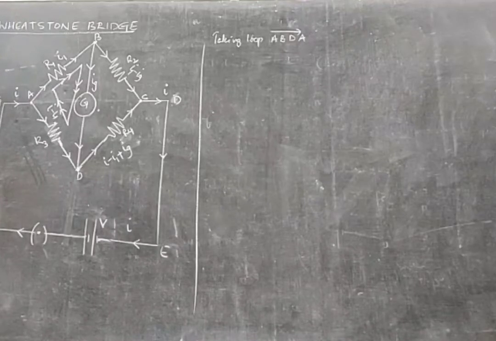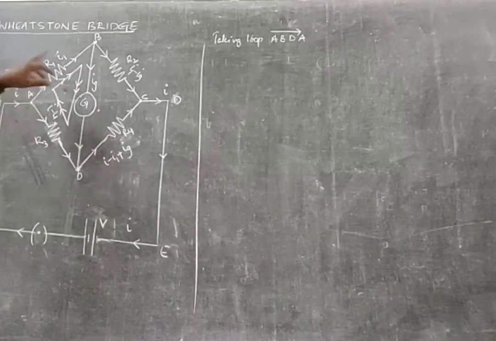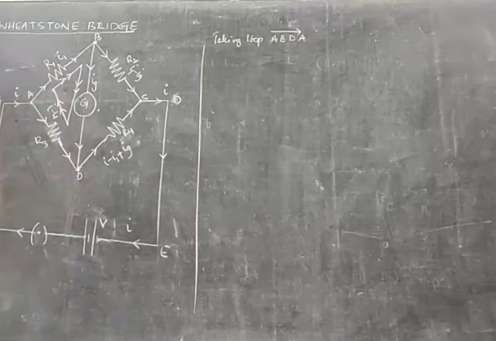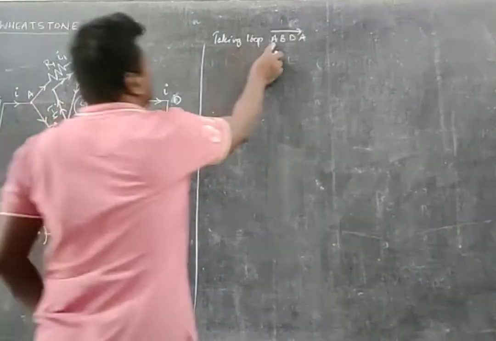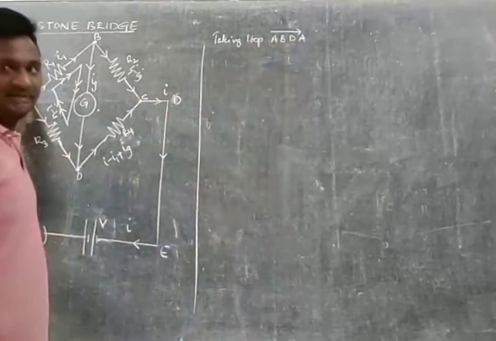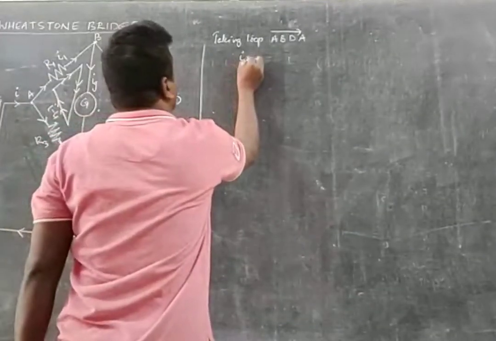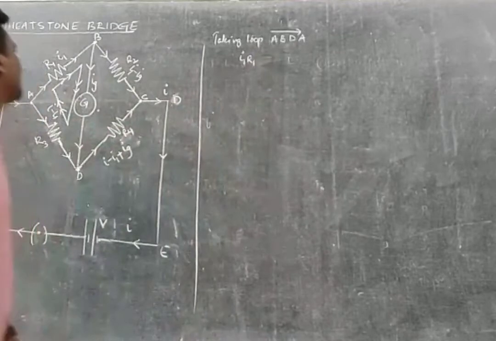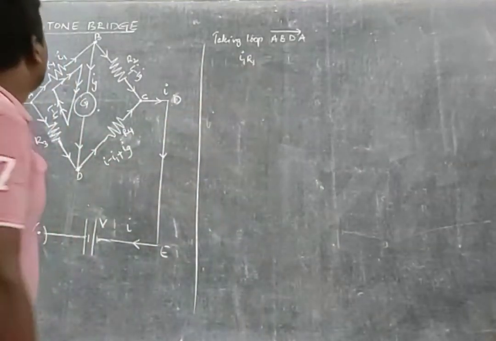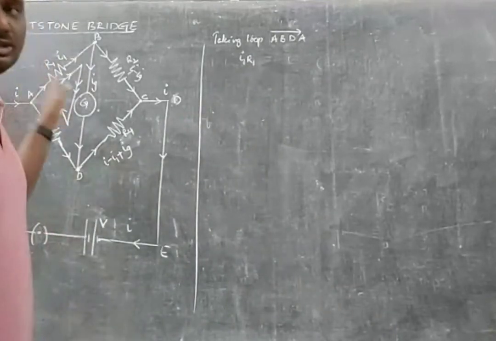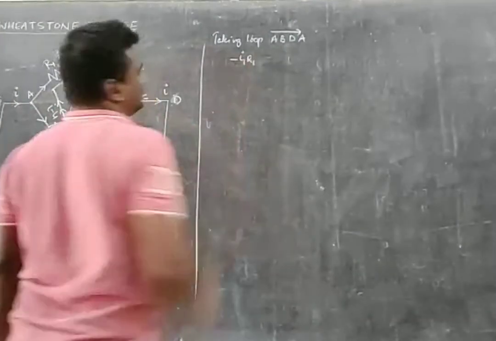So what does the loop tell us? The loop tells you that the sum of the potentials across the loop is equal to zero. So AB, right? I started my journey from A to B. There is a potential I1 R1. Okay, the potential across resistance R1 is I1 into R1, applying Ohm's law. The direction of the current and what I have chosen are in the same direction, so I take it as negative.